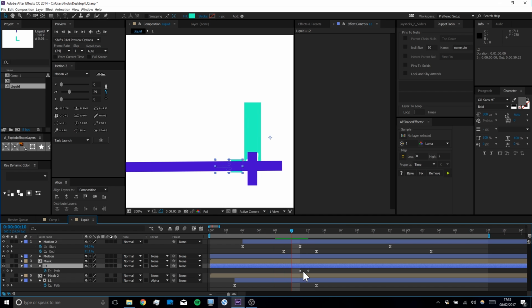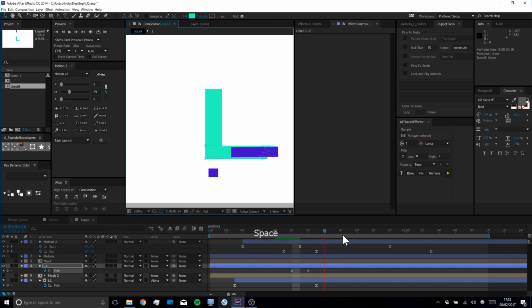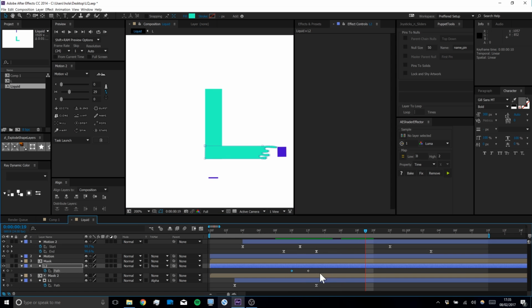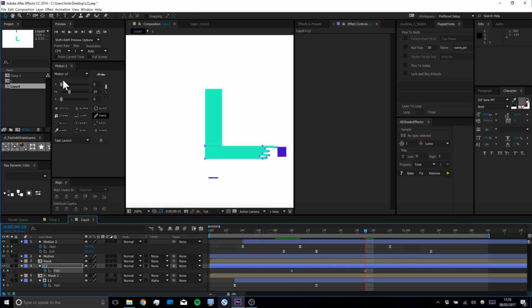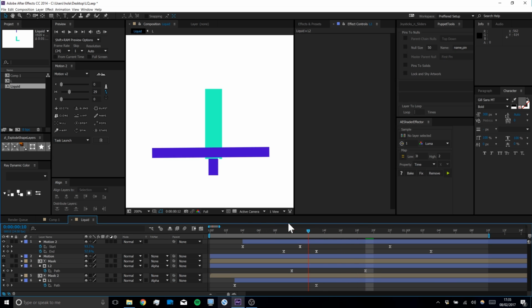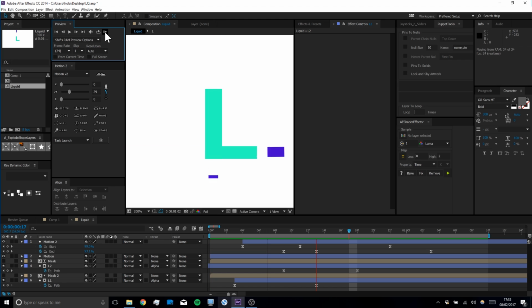So I think about here would be a good place for it to start drawing on, and we get to the end of the L around here. Just add a little bit of MoGraph easing, alpha matte. So now we can see that needs to end a bit sooner. Let's do a quick preview. So we kind of got this drawing on liquid effect,